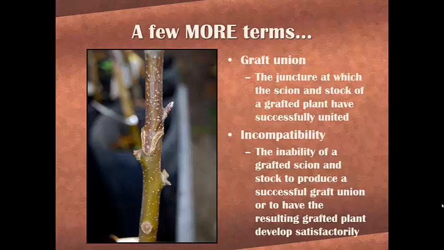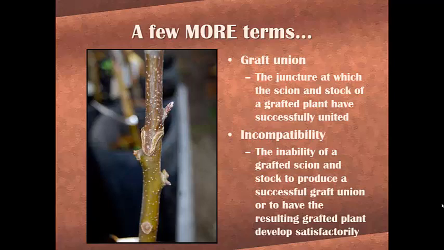A few more terms for you here. The graft union is just the juncture at which the scion and the stock, and let me interject here, the stock and the rootstock are the same thing. A lot of times in the trade, people just refer to rootstocks as the stock. So the graft union is the juncture at which the scion and the stock of a grafted plant have successfully united. You can see it shown in the picture here where the two different plants very clearly are connected together